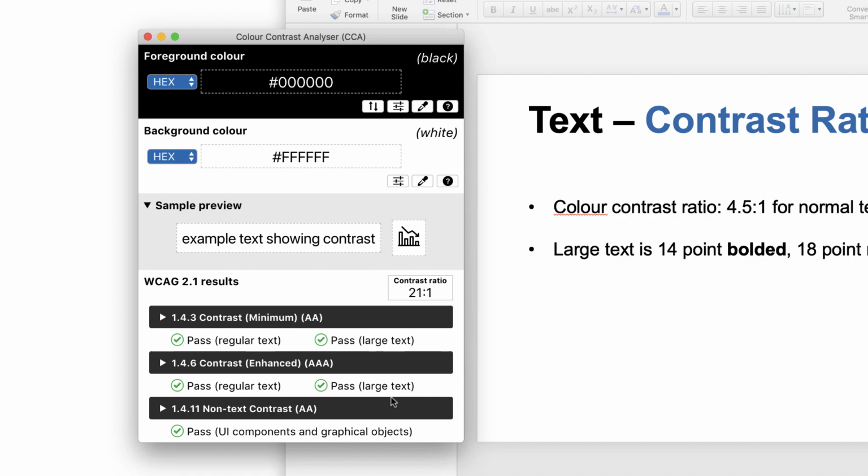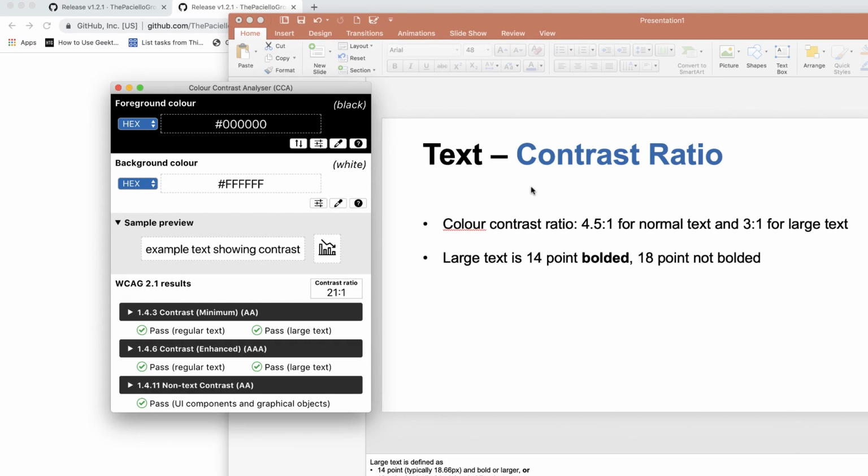To demonstrate the usage of this tool, I am going to check the color contrast of my title where it says contrast ratio. In order to use the tool and to select your foreground color, you're going to click on this eyedropper icon. Once you do that, you'll see a circle that opens up. When you hover that circle over different parts of your screen, you will see that the circle changes color depending on where you're hovering. So what I'm going to do is hover over the blue color of my text and